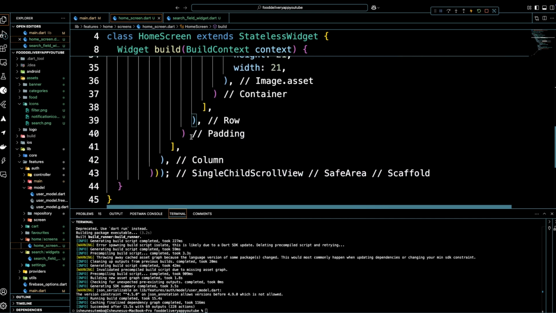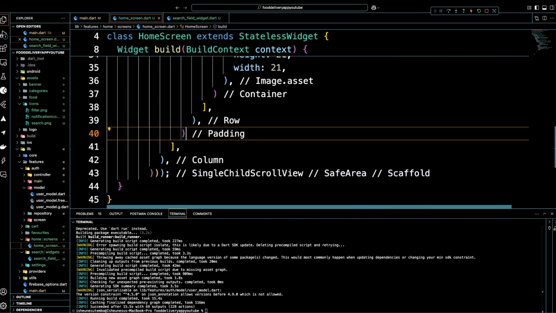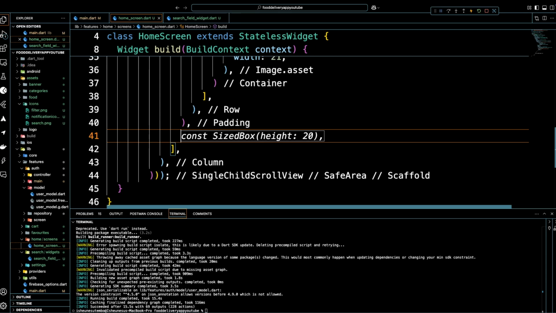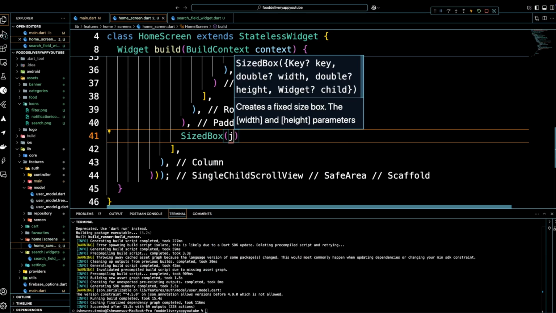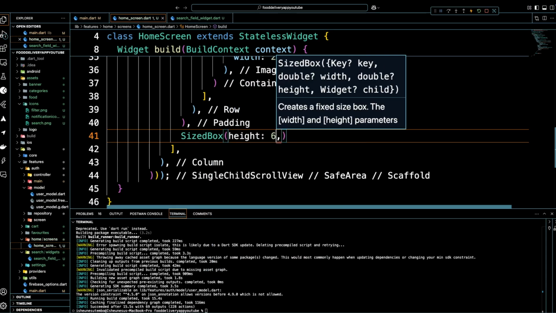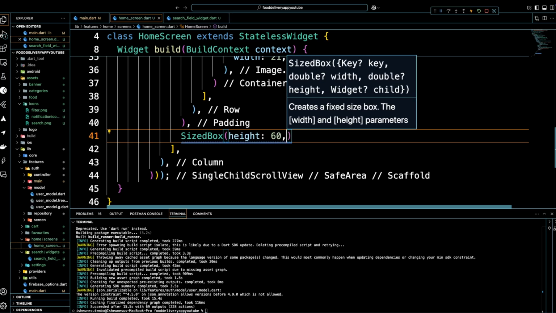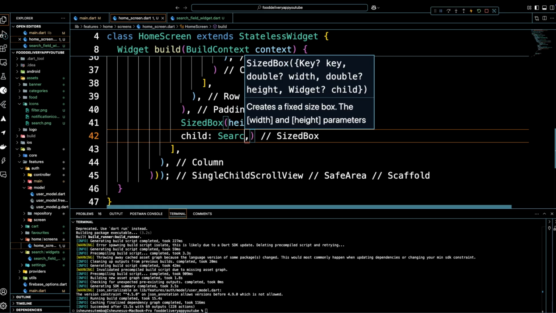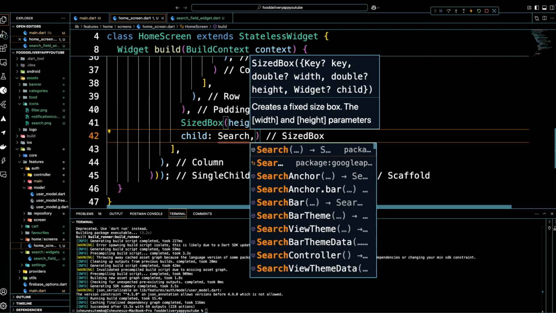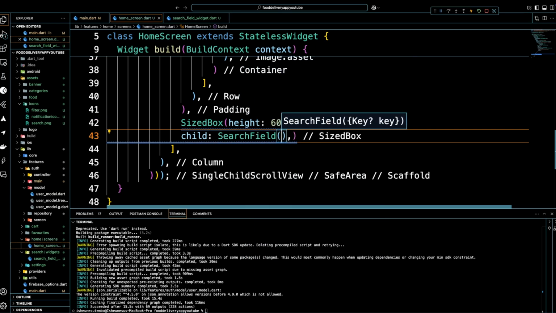Under padding, what we are just going to do is we are going to put in a sized box with a height of 60. Let's give it a height of 60, and then child, let's make sure it's search field. A search field, and then also let's make sure